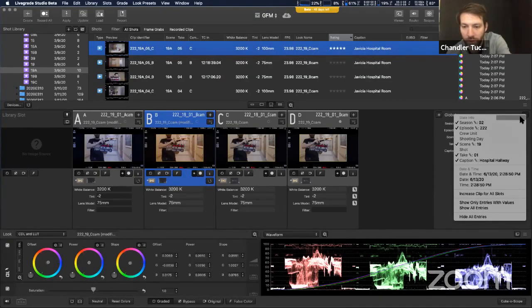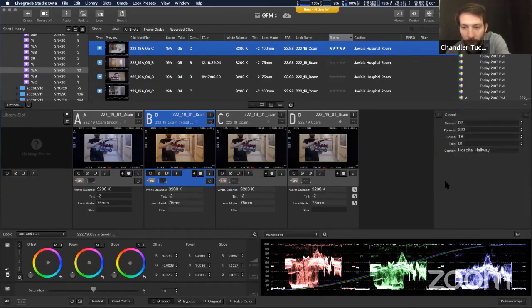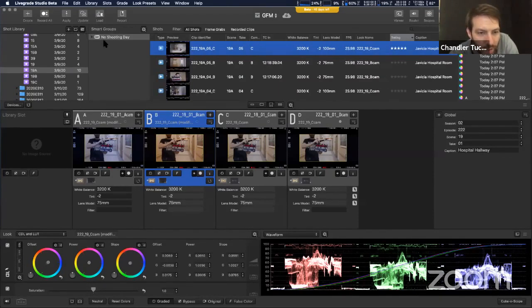Sure, absolutely. So here's all the global metadata that you can now add: date and time, shot, crew unit, shooting day. Some of the episode, scene, and take was what you were working with before. So they've added a lot of new features. So for your smart groups, you can come in and set this up by